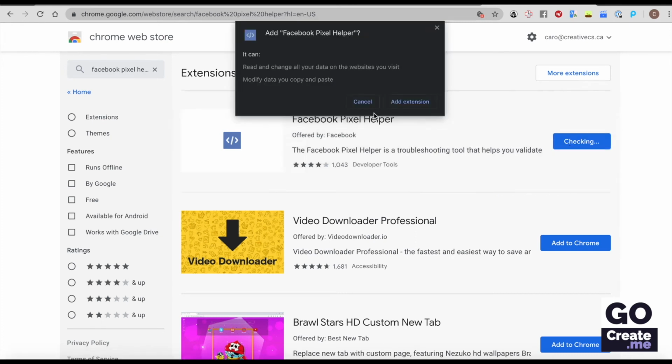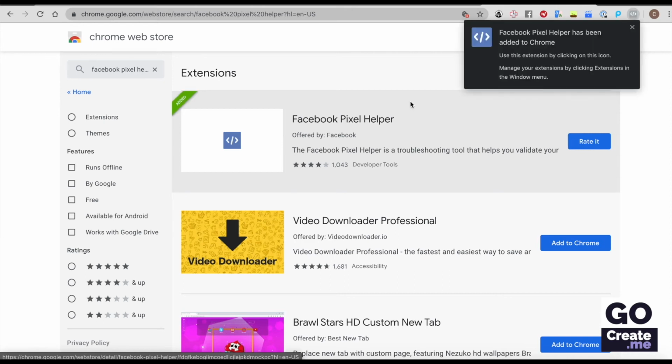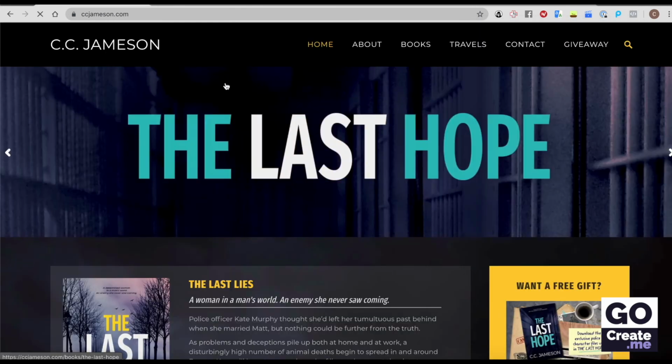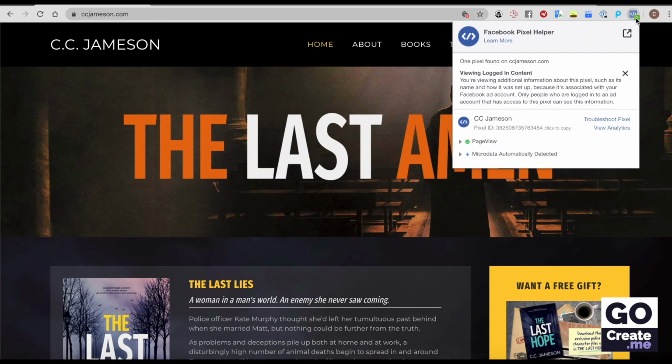There's a pop-up. It's telling me it's going to read and change all the data on the website. Okay, I'm going to add the extension. And it said it's been added. So now if I go back to my website, if I refresh it, now you see this icon here and it tells me that one pixel was found and this is my pixel